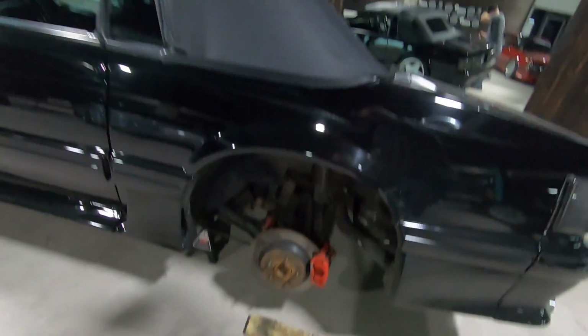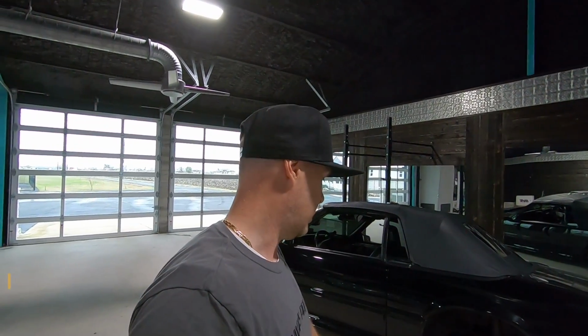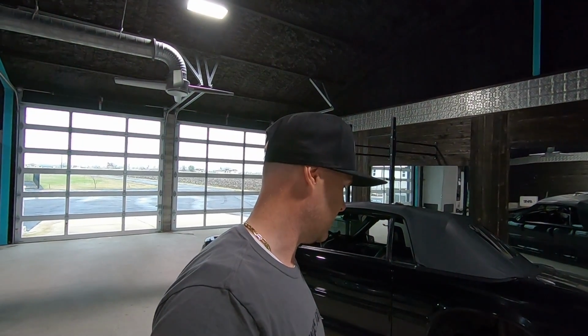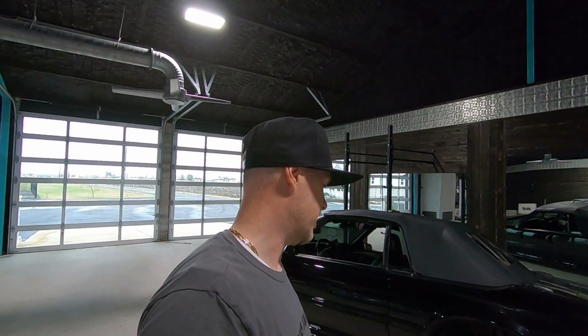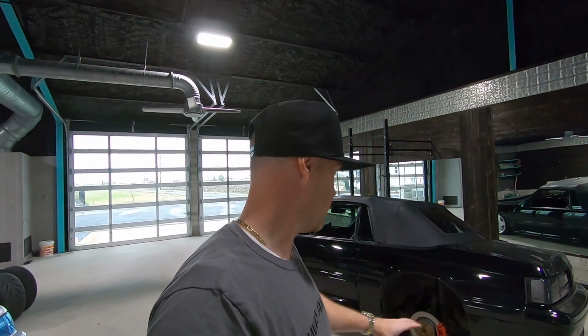Now, a lot of you guys might question, oh, okay, cut stock springs, this and that. Well, if you look at the spring rates, the rear factory Mustang spring, if I remember correctly, is maybe somewhere around 300 pounds per inch. I've cut probably the better part of half of that coil out, and they are a variable rate, so it is quite possible that there's a higher spring rate at the starting point of the spring than towards the ending. Long story short, by cutting them in half, you're doubling the spring rate essentially, which, let's say for example is a 400 pound spring, you cut it in half, now it's an 800 pound per inch